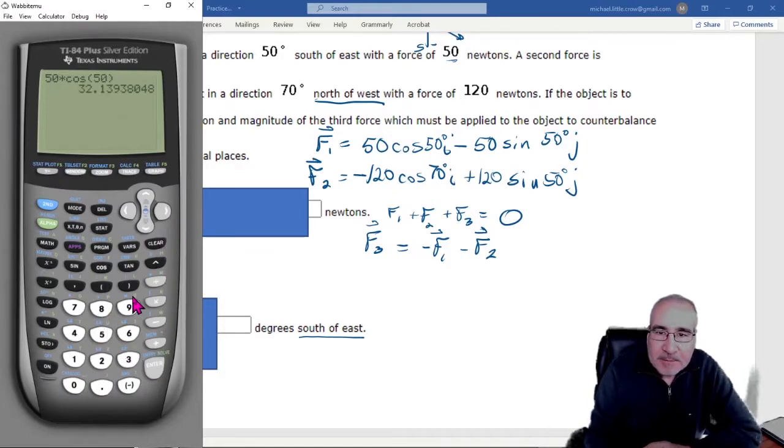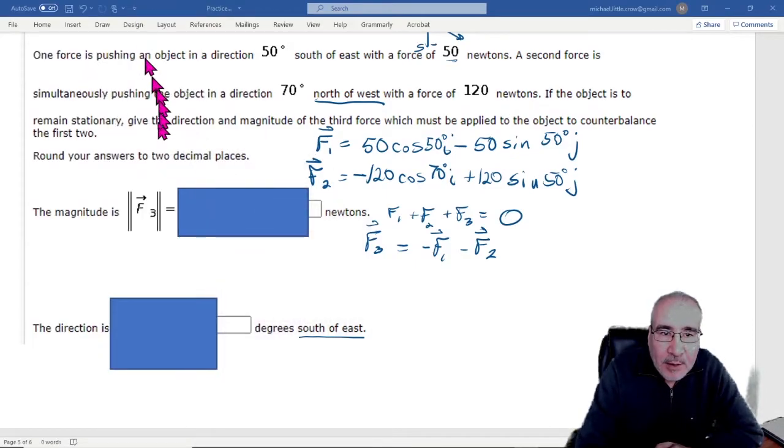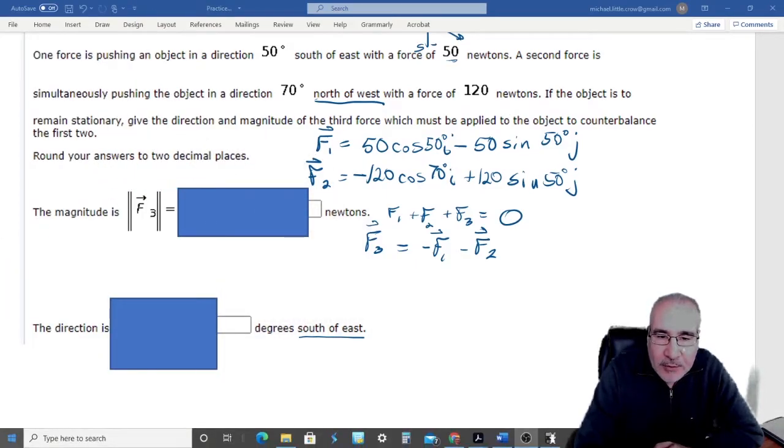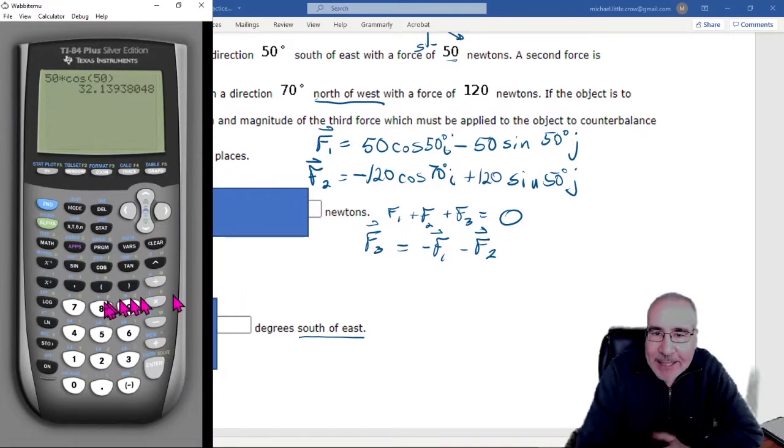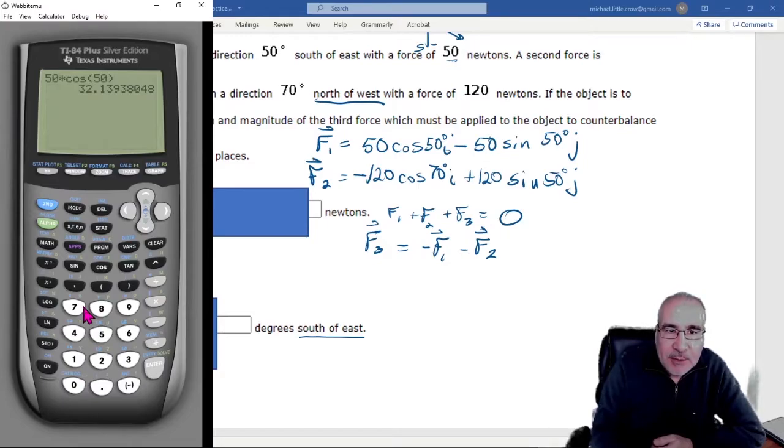So that's going to be, now when you do this, since we want to round it, let's see, what do they say? Round your answers to 2 decimal places. My suggestion is to use at least 3, and since we're just adding, I think we're okay with just 3 decimal places, so we do the proper rounding. Okay, so we'll look at force 1 as 32.139,